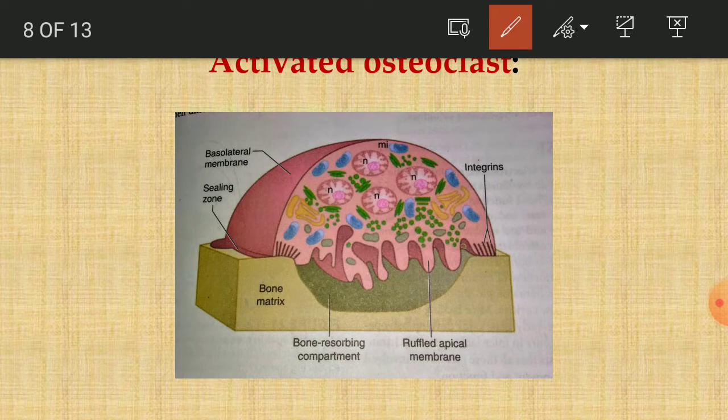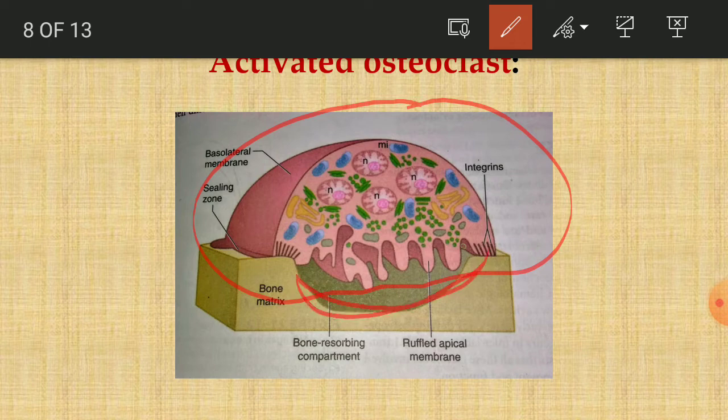When an osteoclast gets activated, it develops a ruffled border, or villus-like projections occur from the cell membrane, and these villus-like structures get intricately adhered to the surface of the compact bone, and it is sealed at the portion of cell membrane by some integrin proteins. The zone where it is sealed up is called the sealing zone, and an isolated area is created over the surface of the bone where the villus-like projection of the osteoclast releases